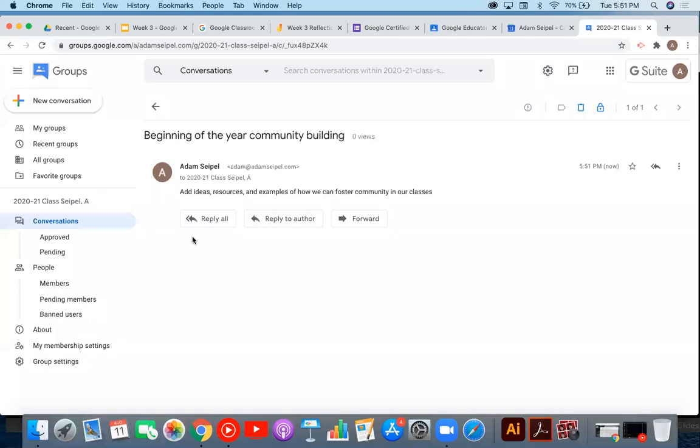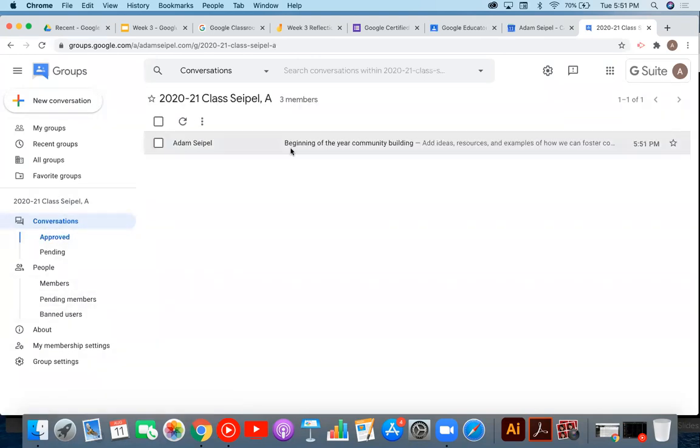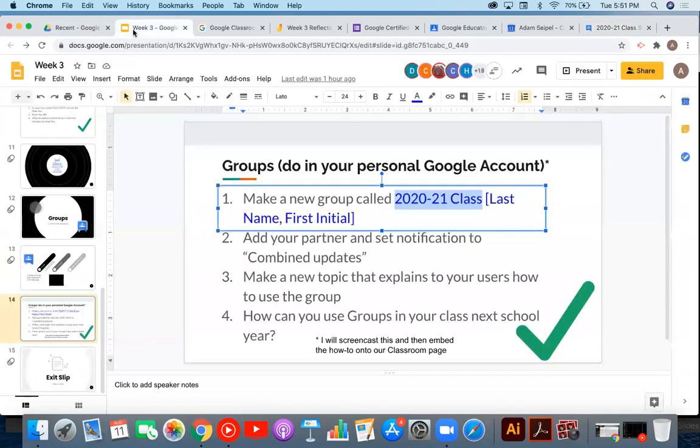And Carter could then go in and reply just to me. He can reply to everyone. He can send this to additional people, and it all gets filtered in, and we can see this over on the left, that here are all the conversations or threads, and be able to find that information. So again, if you're working with your students, just real quick,